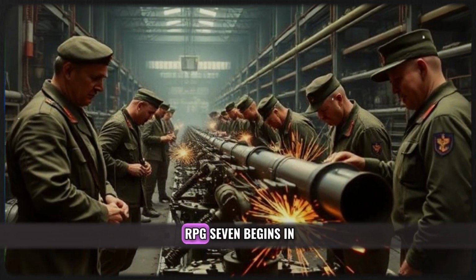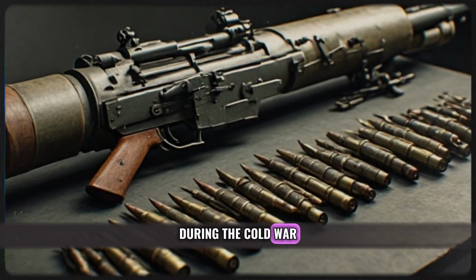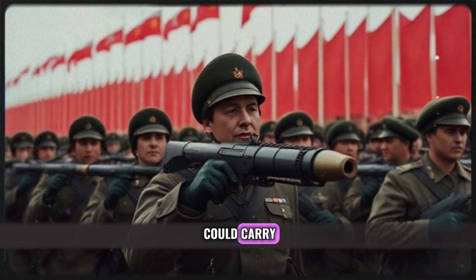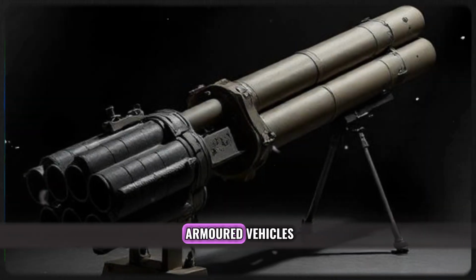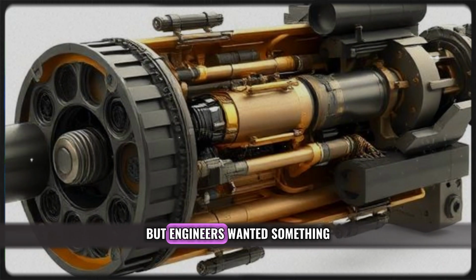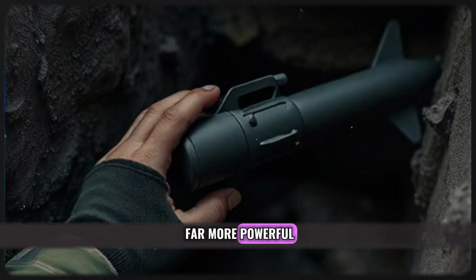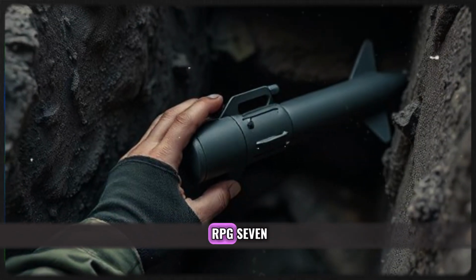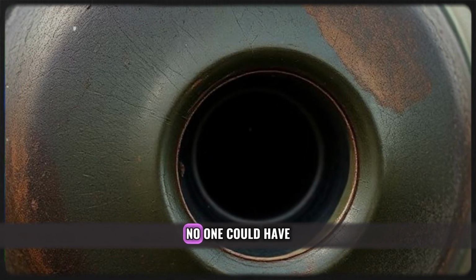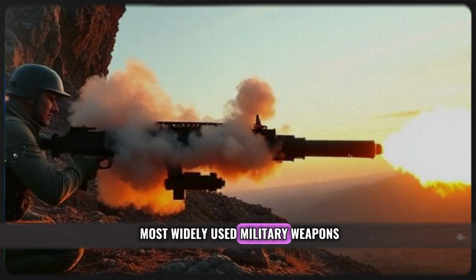The story of the RPG-7 begins in the early 1960s during the Cold War. The Soviet Union wanted a portable weapon that ordinary infantry soldiers could carry and use against heavily armored vehicles. Earlier rocket launchers had shown promise, but engineers wanted something more reliable, easier to operate, and far more powerful. The result was the RPG-7, officially introduced in 1961. No one could have predicted that this simple launcher would become one of the most widely used military weapons in